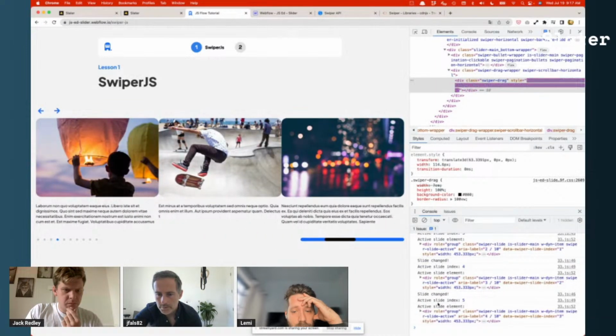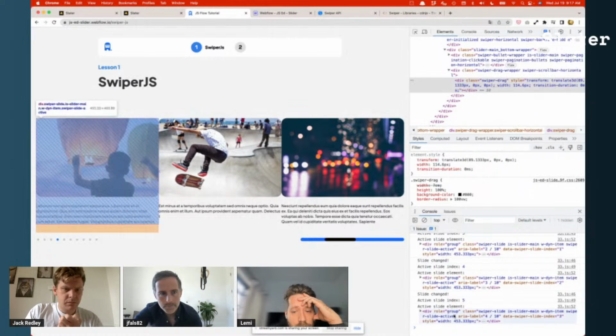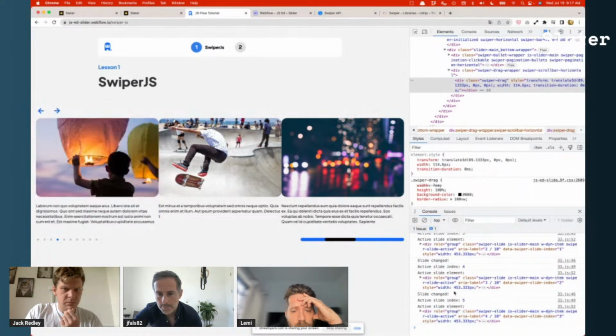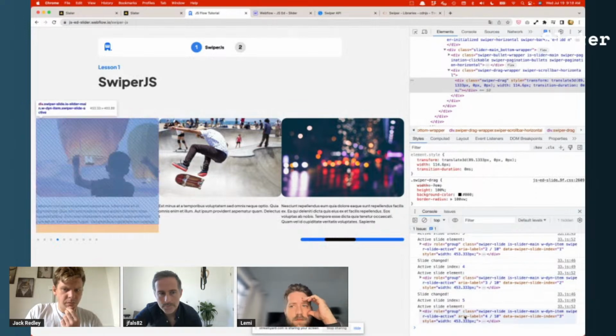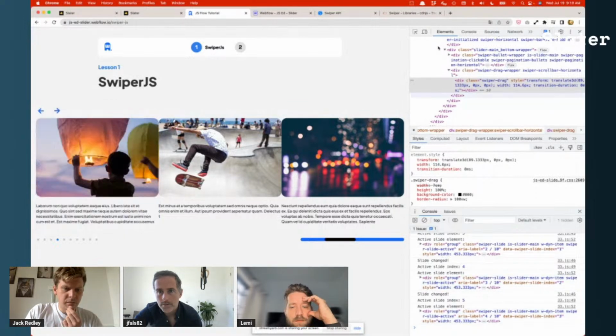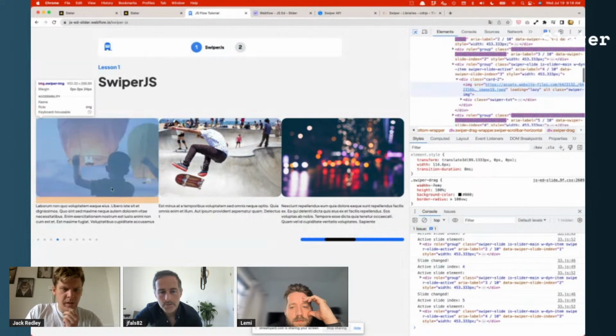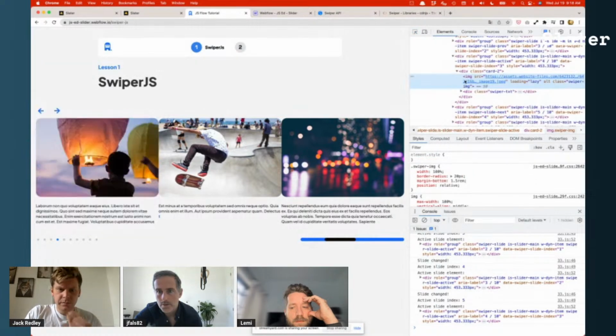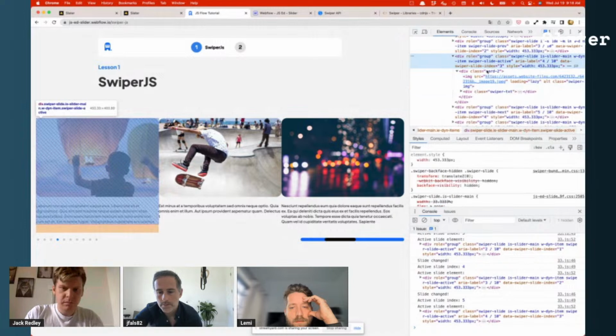Never mind. So this active slide index is just going up each time. So let's see. So yeah, 4 of 10. So it is getting the right